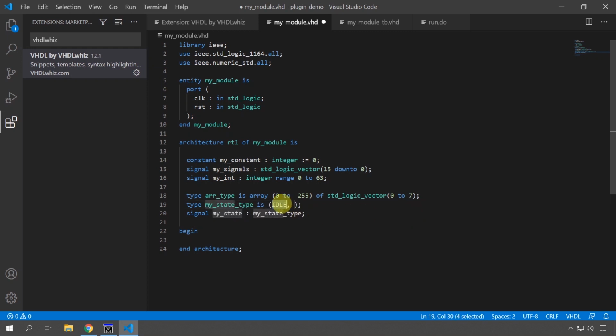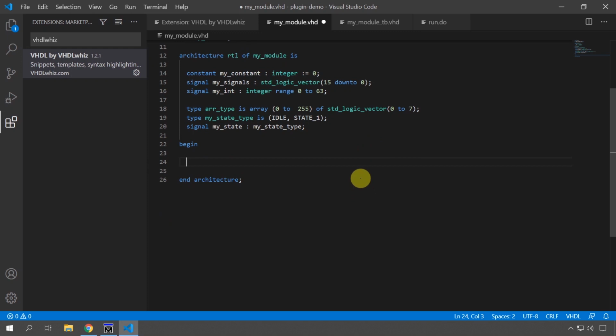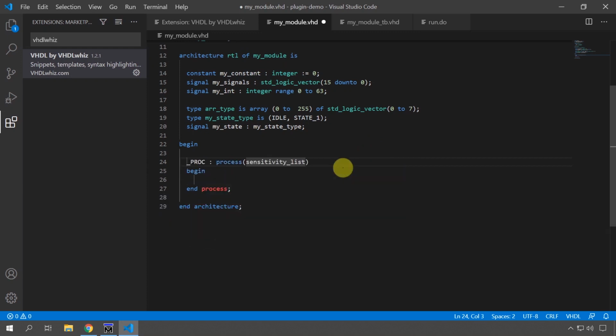When I tab, it jumps to the state declarations or enumerated declarations. Let's leave it to idle and just create another state, number 1, like that. And if we wanted to use this, we could easily create a new process by using the PRO snippet. So PRO, just simple PRO, creates the normal process, test process like that, with something in here, counter or whatever